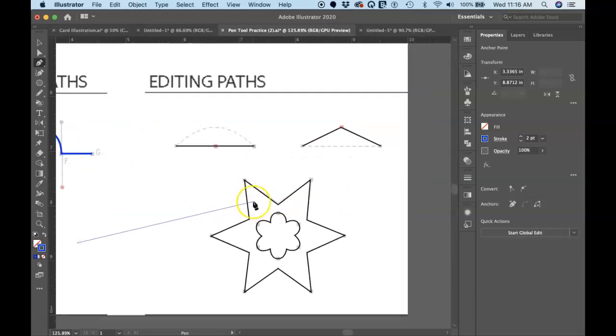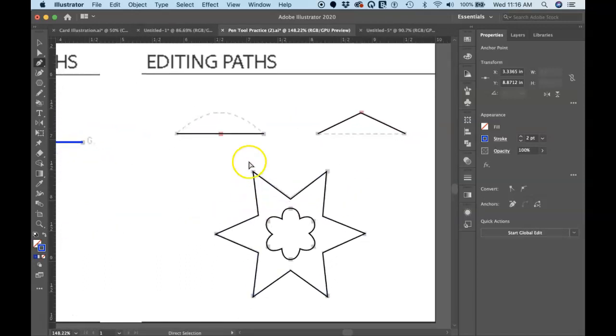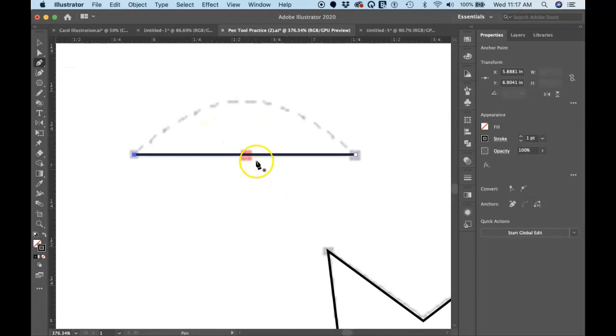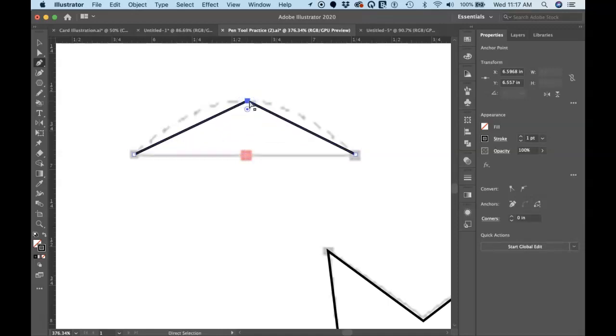editing paths. Right, if you have an existing path and you want to edit it, we've already talked about holding down the Command key, that gives you access to those anchor points. But what if I want to add an anchor point here? Let me zoom in. Well, just with the pen tool, when you come over an existing path, a plus sign shows up, means you're about to add a new anchor point. And so then I can hold down Command or Control to get access to the direct select tool and move it up here. Okay, and so this is